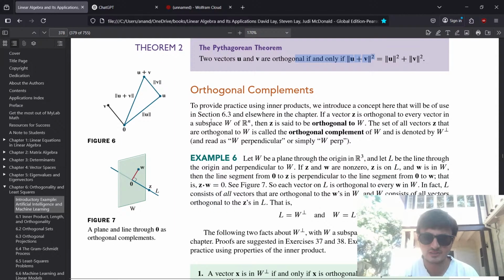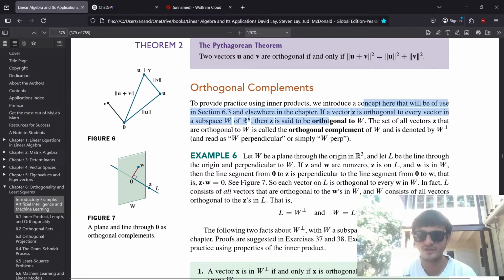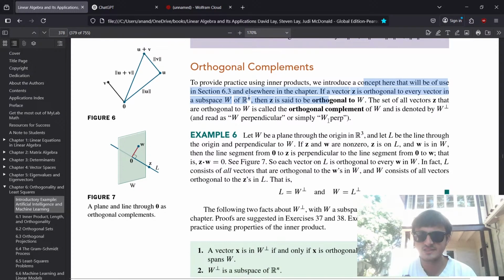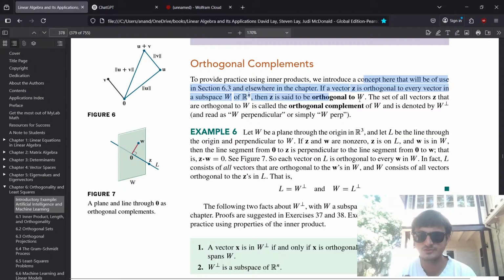Orthogonal complements. To provide practice using inner products, we introduce a concept here that will be of use in section 6.3 and elsewhere in the chapter. If a vector z is orthogonal to every vector in a subspace W of Rn, then z is said to be orthogonal to W, the subspace. The set of all vectors z that are orthogonal to W is called the orthogonal complement of W and is denoted W